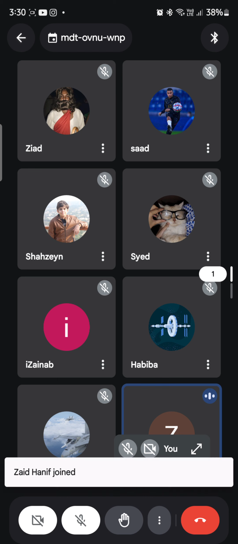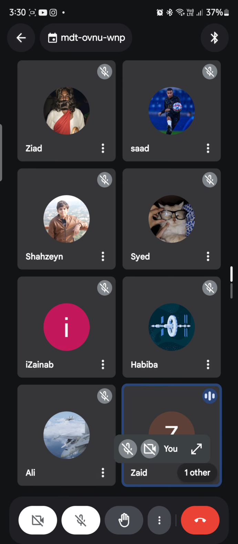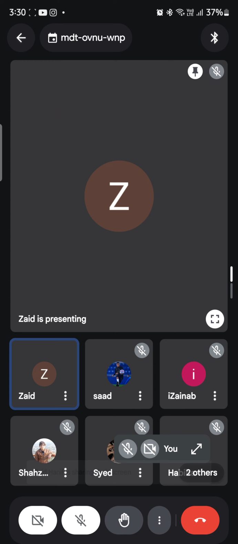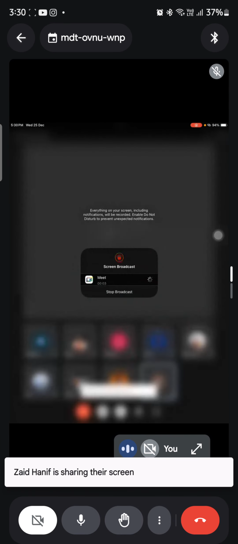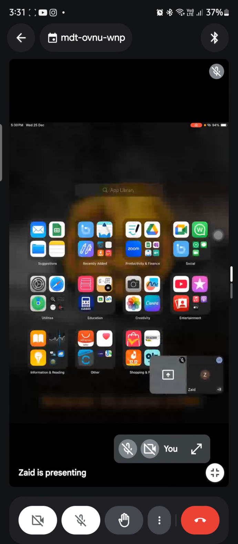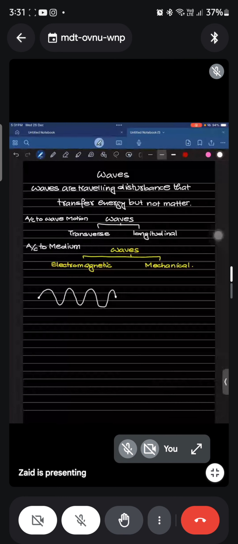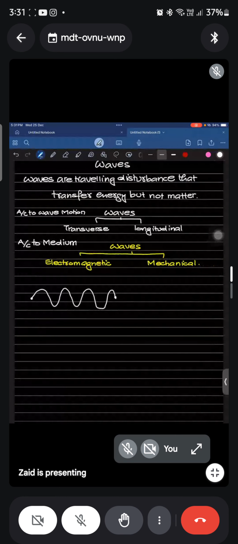So waves are basically of two types, okay? One is the transverse wave and the other one is longitudinal wave. Transverse wave, you can take this. So this is basically an example of a transverse wave. Okay. If you see, the wave is trying to move forward and the particles are moving like this. So we can say that the motion of the particles and the direction of the wave are perpendicular to each other. Okay. So wave motion